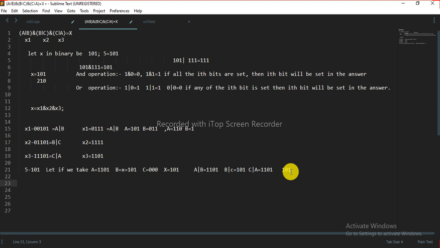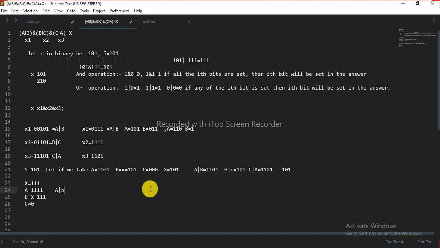Let's do this operation with some more x. We can say x is equal to 111. So what we have to do is, in A we are taking x as it is, and we are adding one more bit in this. So let's say A is equal to 4 times 1, and we are taking B is equal to x, which is 111, and we are taking C is equal to 0.